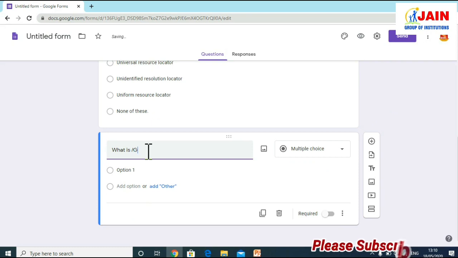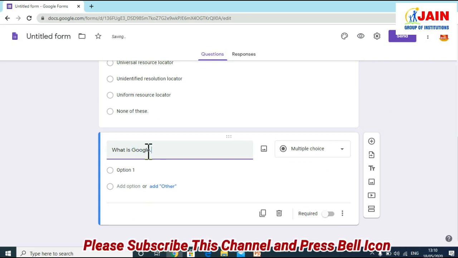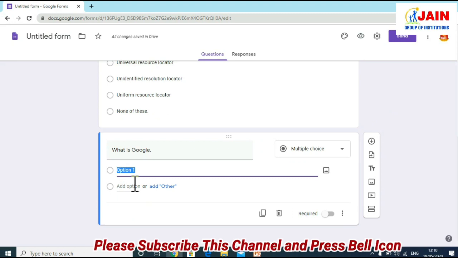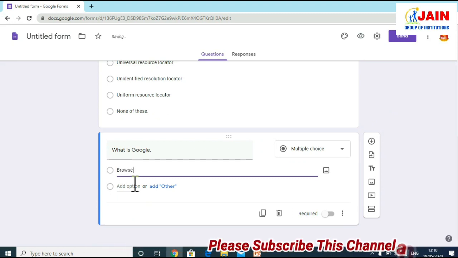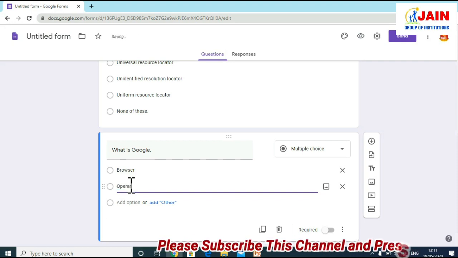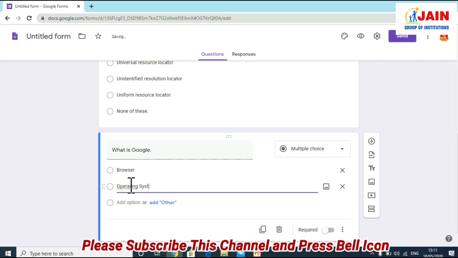What is Google? Here multiple choice is given. Let us add the options. First option, browser. Second option, operating system.